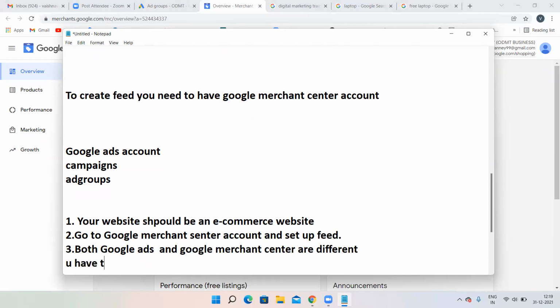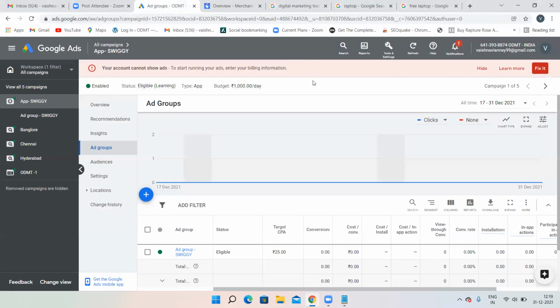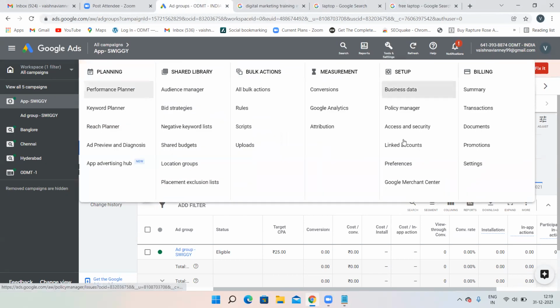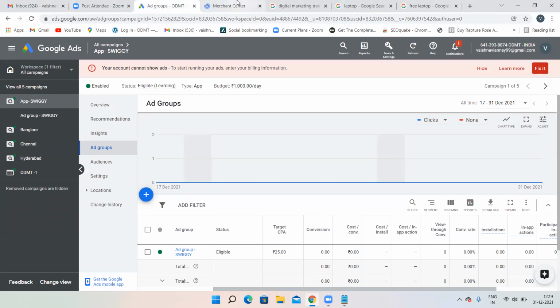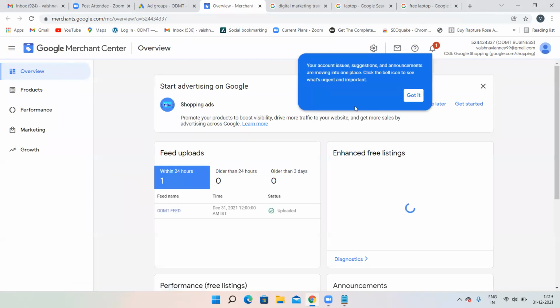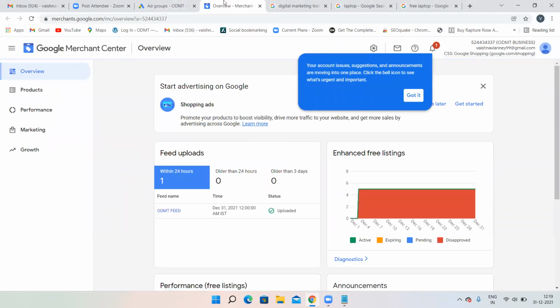You have to link them both. See, just observe over here. This is my Google Ads account. But when I click on Tools and Settings and then on Google Merchant Center, a new tab is opening. That means this particular one and your Google Merchant Center are different. These both are not the same. They are different entities.